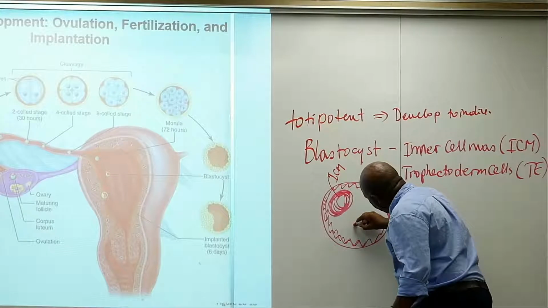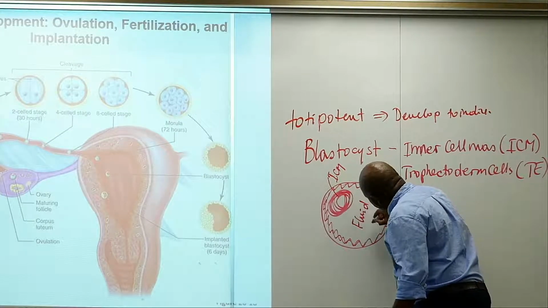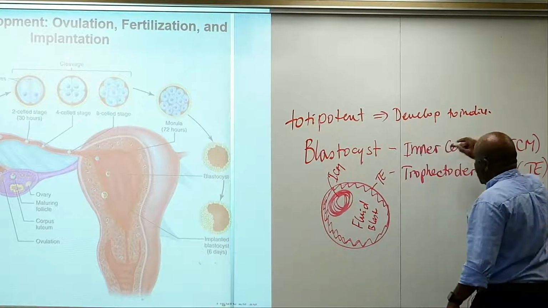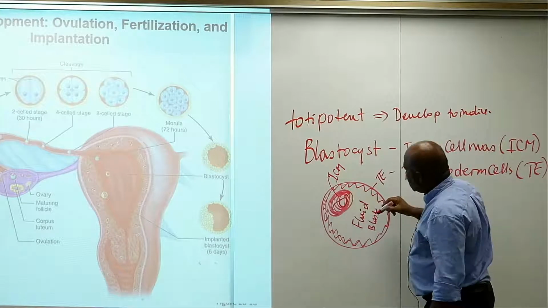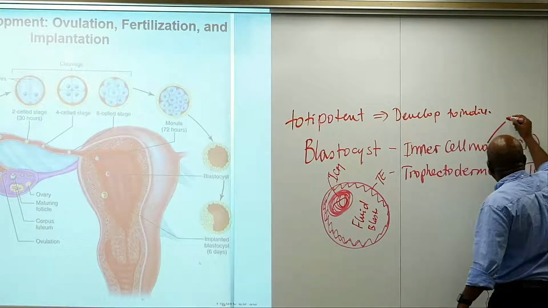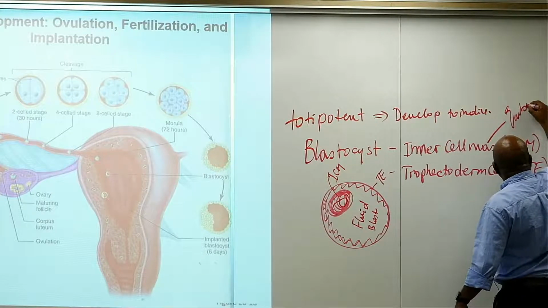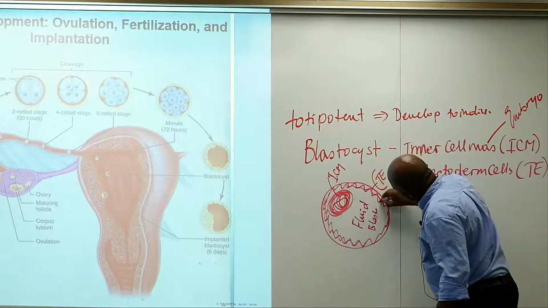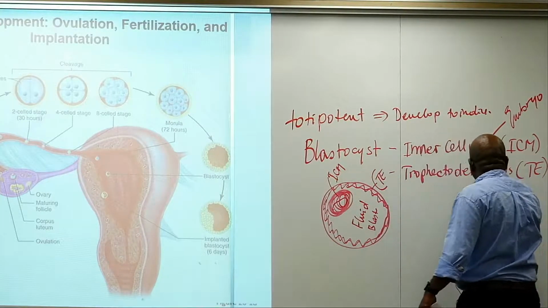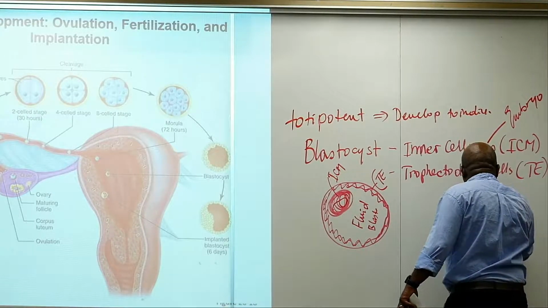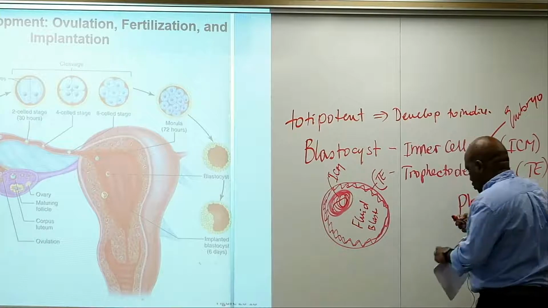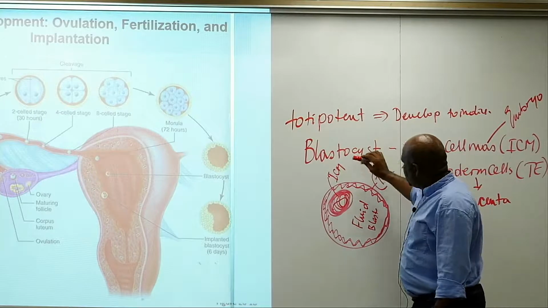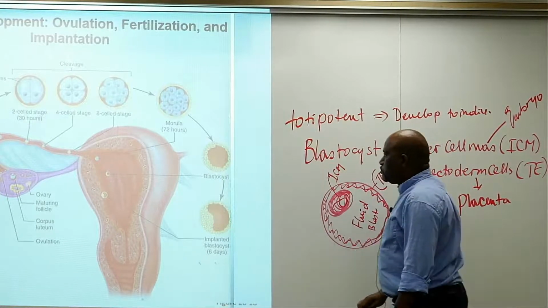So this is a kind of fluid-filled blastocoel. And the inner cell mass cells, after implantation, are the ones which become the embryo. But the trophectoderm cells, the TE cells, which are found here around, are the ones which become the placenta. So these are the two specialized cell types at the blastocyst stage, which develop before the embryo implants in the uterus